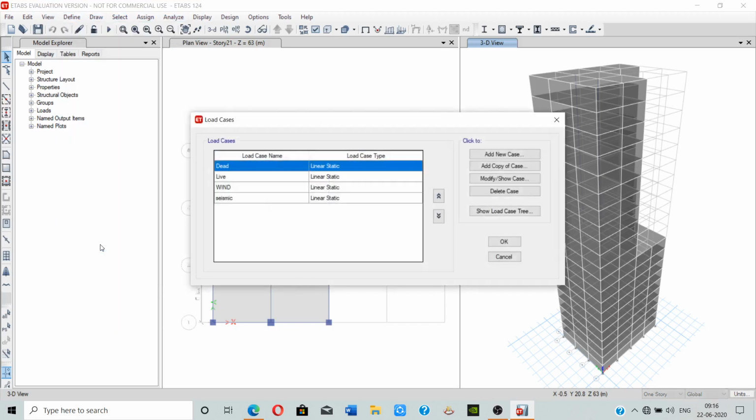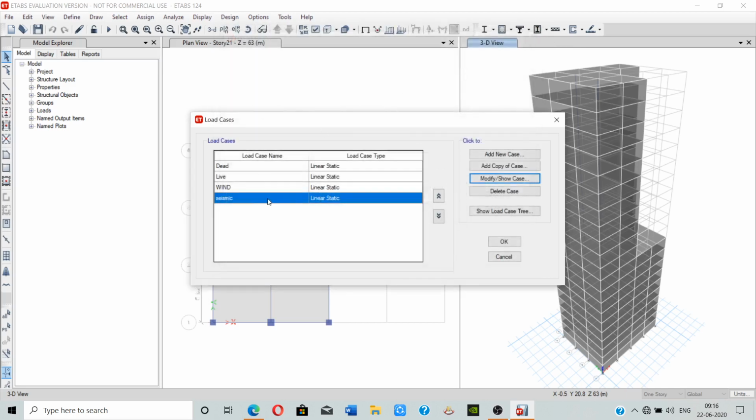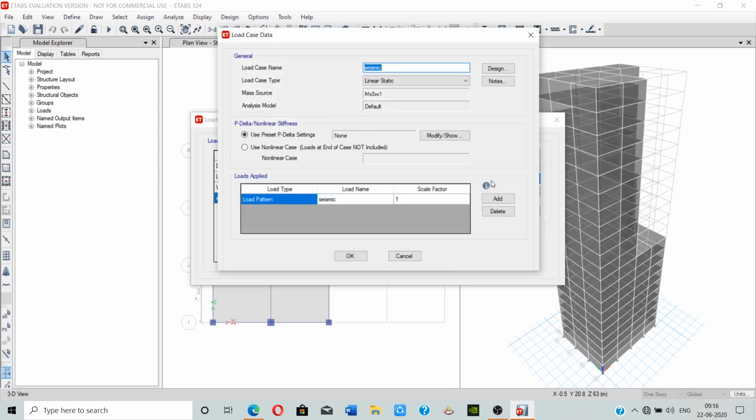And click on the load cases. Click on the seismic and click on the modify case. Load case name is response spectrum added,